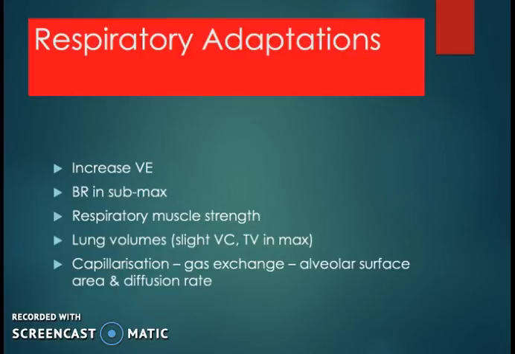Now, respiratory muscles get stronger, because as your respiratory muscles get stronger, your oxygen deficit